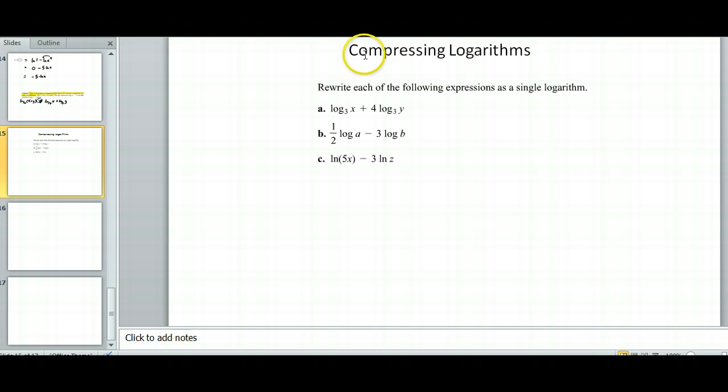Alright, let's see how we can do with this. Compressing logarithms means going back the other way. We start off with multiple logs and we come back the other way. So when you're compressing to a single log,